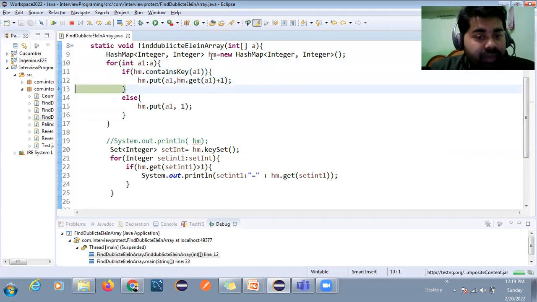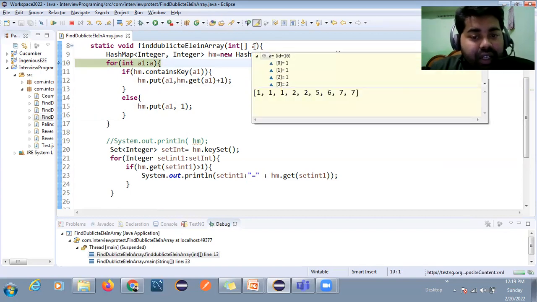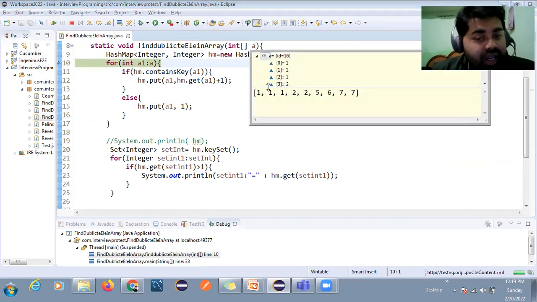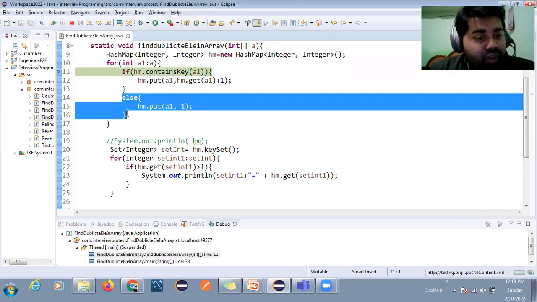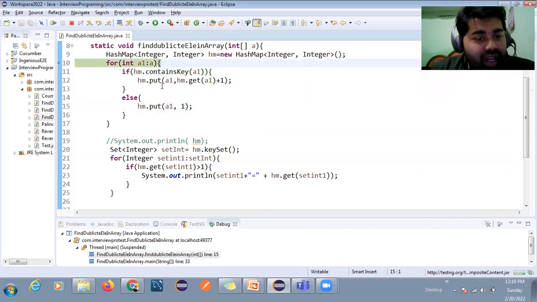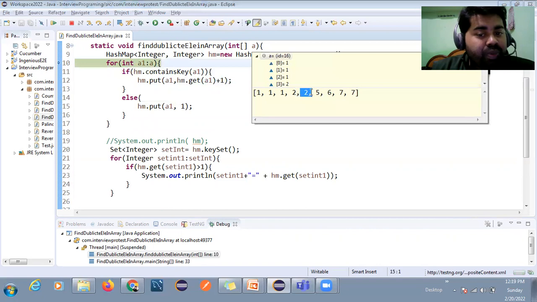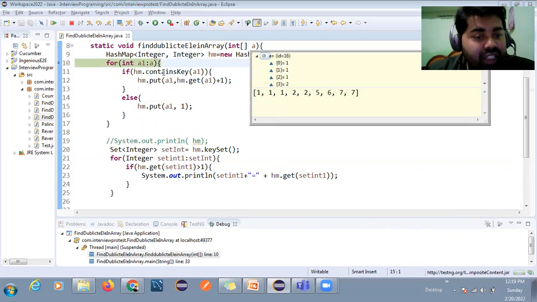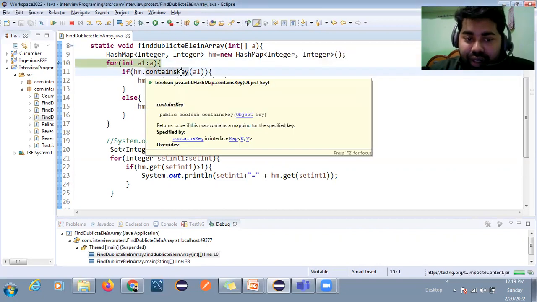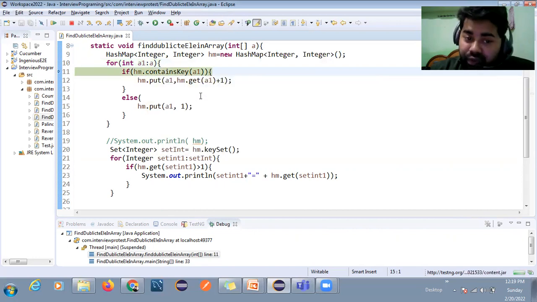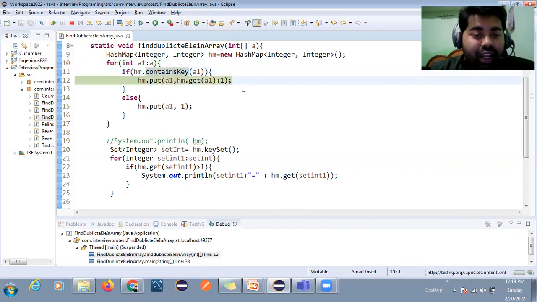You can see again, this is the 3 times will come again. What is the another element? 2. 2 is not there still in the hash map. Then what will happen? It will check in the hash map. 2 is there? No. Then control will come in your else block, right? So again, it will iterate. I can see now 2 is the count is 1, and now you can see what is the input here, again 2. Then 2 is already there. Then the contains method will check 2 is already there. Then control will come in your if block. Then it will add again the value 1.